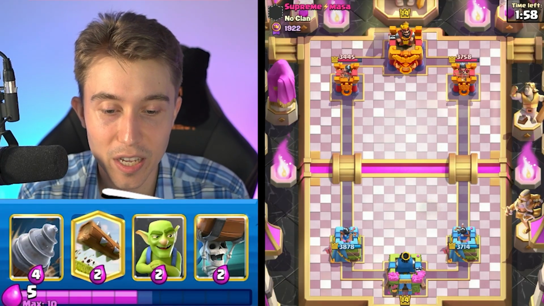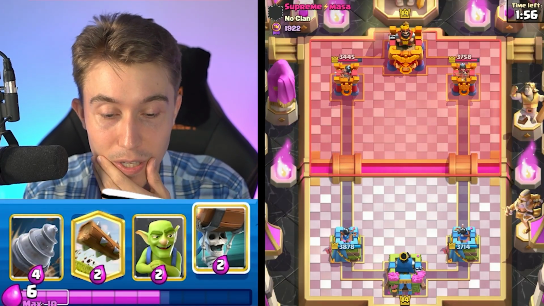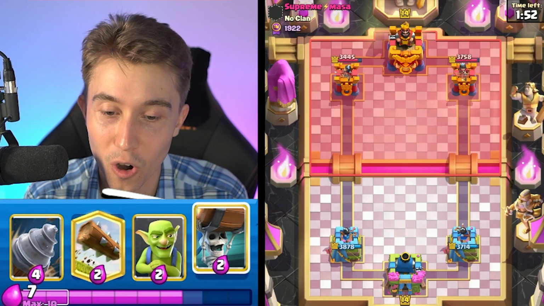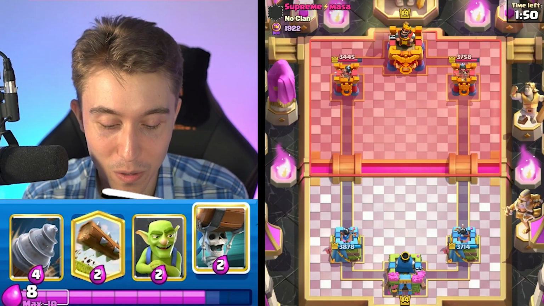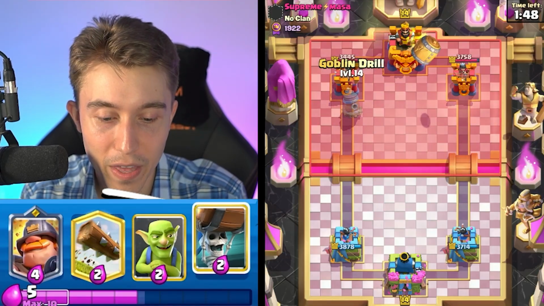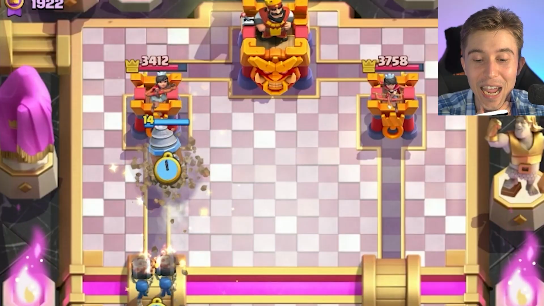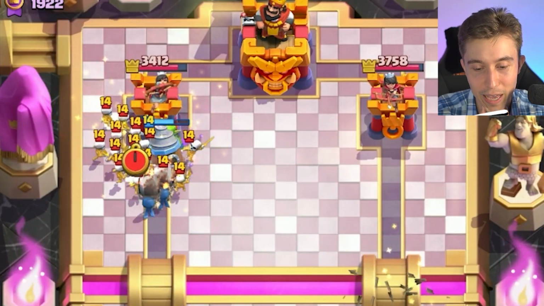So, what do we do? Do we decide to go in for Wall Breakers right now and then go Goblin Drill to tank? Because there's a high chance he just plops down a Royal Giant when we don't end up having the right card cycle. Because we don't have Cannon in cycle anymore. I'm going to go in for a Goblin Drill, and then I'm going to go in for a Log on top of the Goblin Barrel, and I'm going to Wall Breakers as well. It's going to be hard for him to counter this. If he just has, like, Skeleton Army or something like that, then it'll work, but...